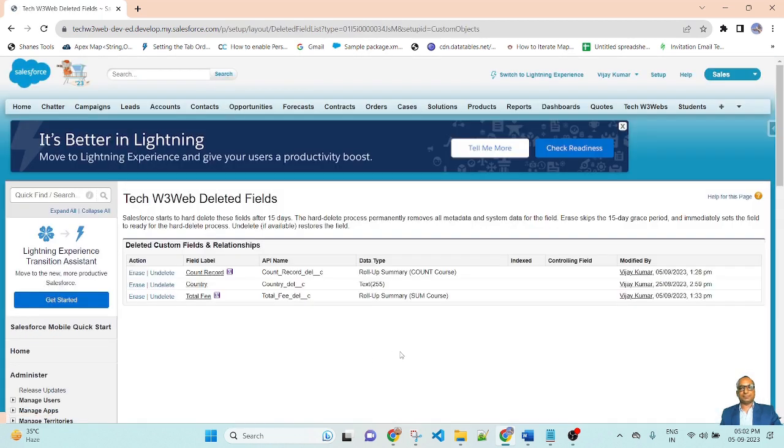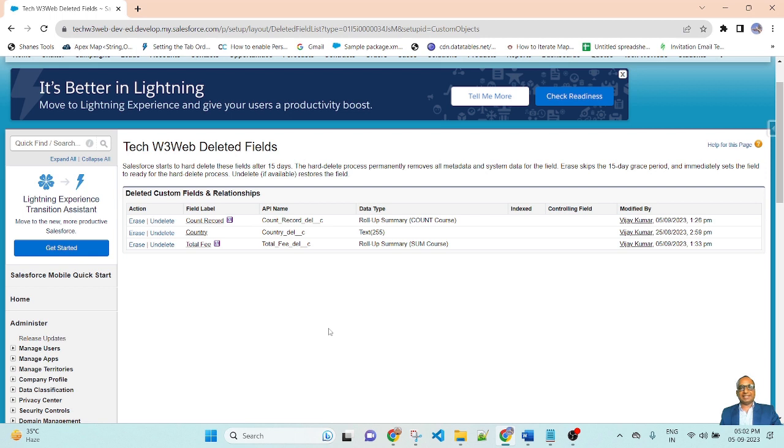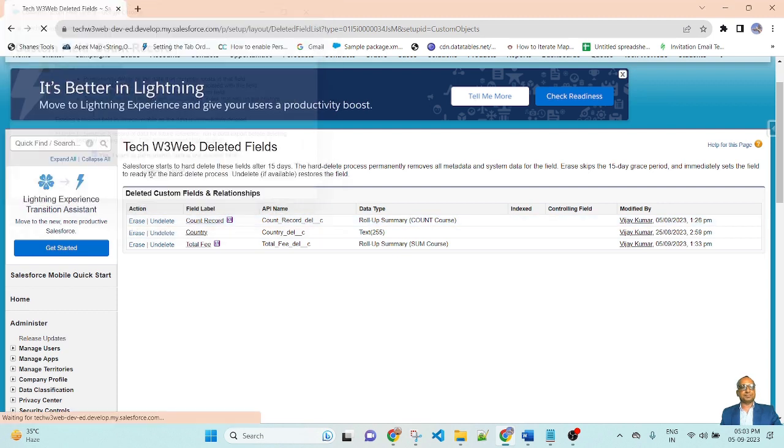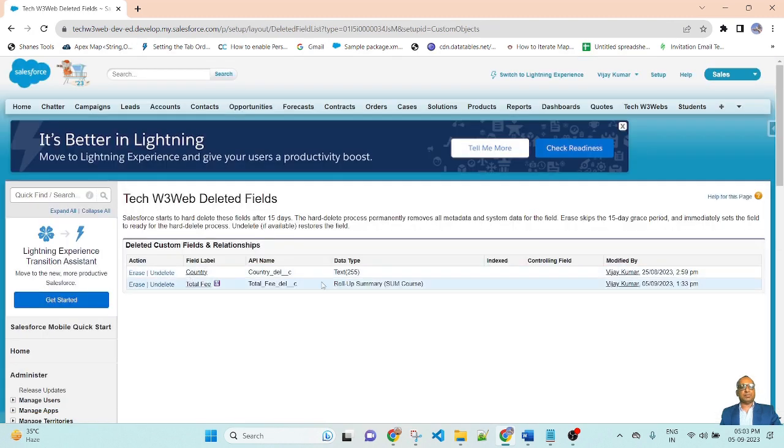Click here, and I deleted two roll-up summary fields, Count and Total Fee. Erase them from here. So I deleted them permanently from Salesforce.